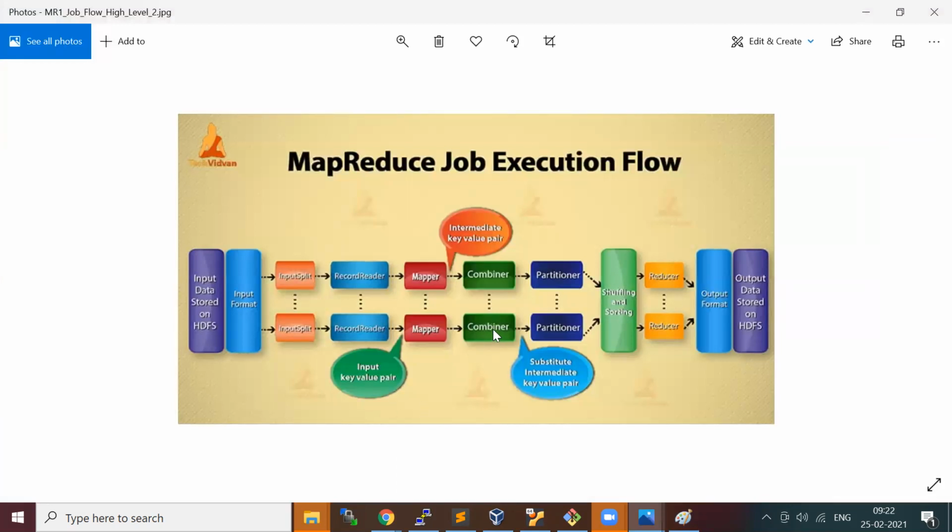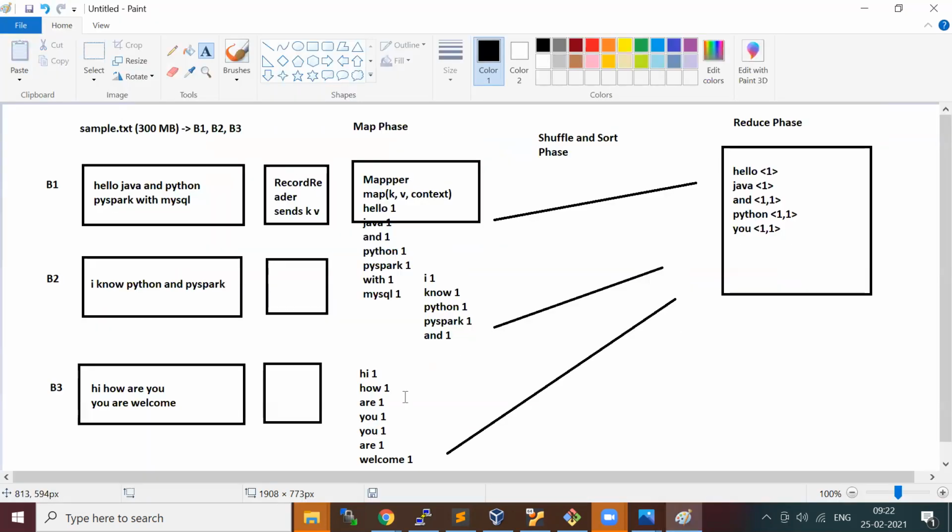The combiner basically does a mini aggregate or local aggregate. It is also called a local reducer. Whatever reduce logic you are going to do will be applied on this specific mapper output.